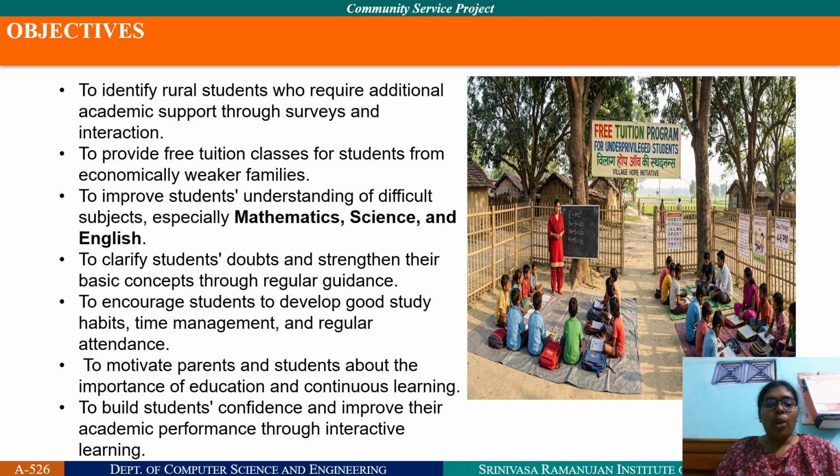In this project we have the objectives: to identify the rural students who require additional academic support through surveys and interaction, to provide free tuition classes for students from academically weaker families, to improve the students' understanding of difficult subjects, especially mathematics, science, and English,